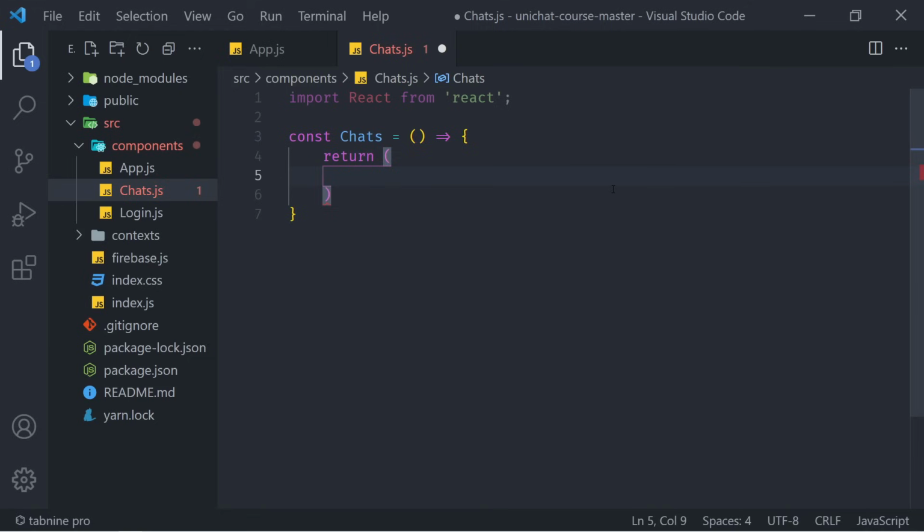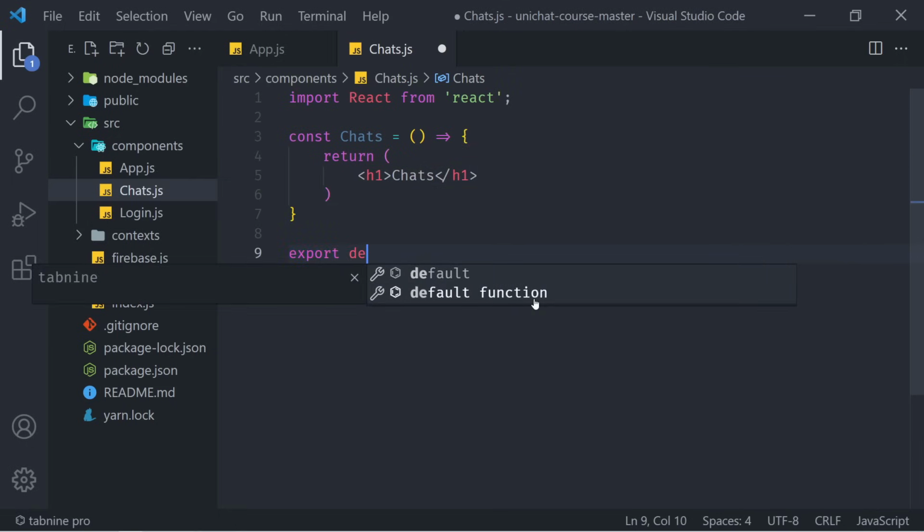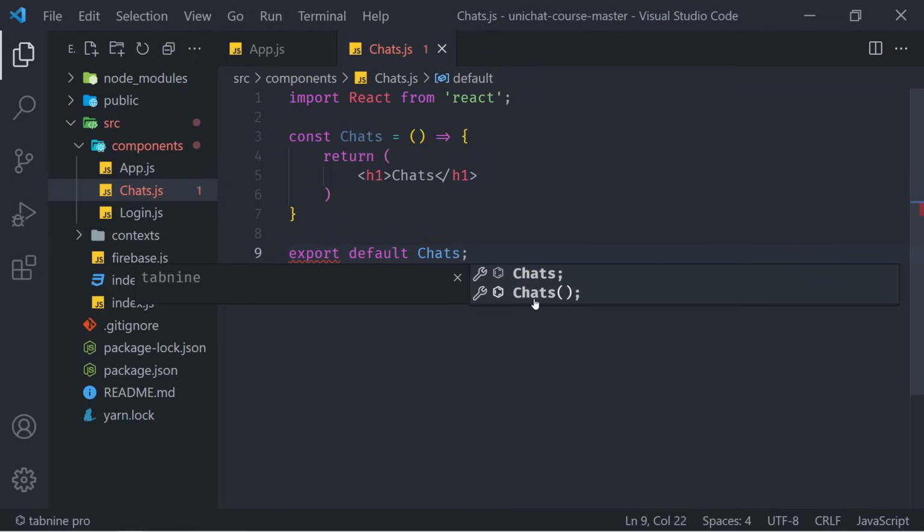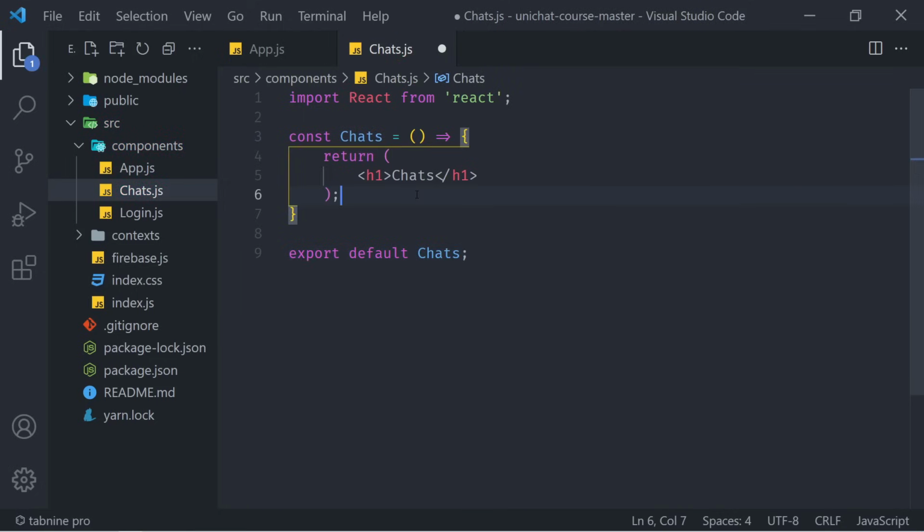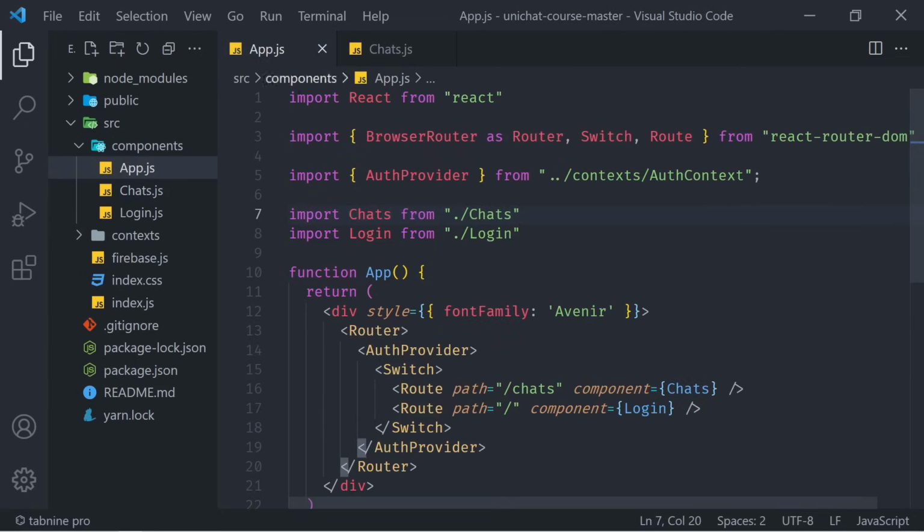For now, we can simply return something like h1. And there we're going to say chats, just like that. Finally, we can export default chats. We just want to see if we will be redirected to our chats component. If we save all the files, our app should be functioning, and let's take a look in the browser. And we can see our chats h1 right here, and we can also see that we are on localhost 3000